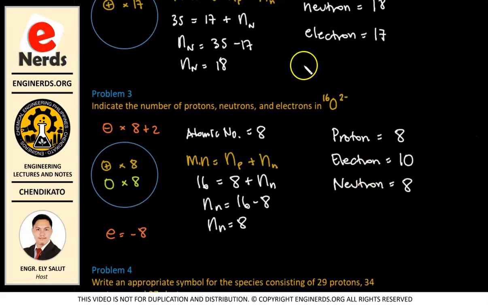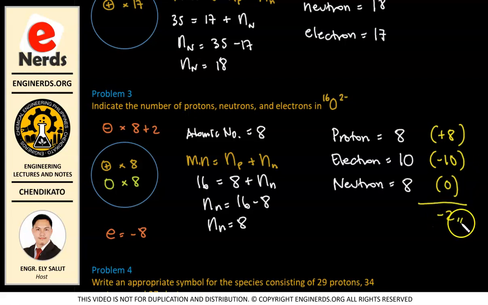If you look at the charges here, just to check, you don't need to do this, but just to check, you'll see that the protons are 8, which is positively charged, so our charge is plus 8. We have electrons, which are negatively charged, 10 pieces, so we have minus 10. And neutrons, which are 8, but are not charged, so it is 0. So how much charge do we have? 8 minus 10 plus 0 is equal to minus 2. So that means we have a negatively charged element here. That is how you do these ones, and this is how you determine the number of electrons if it is negatively charged.